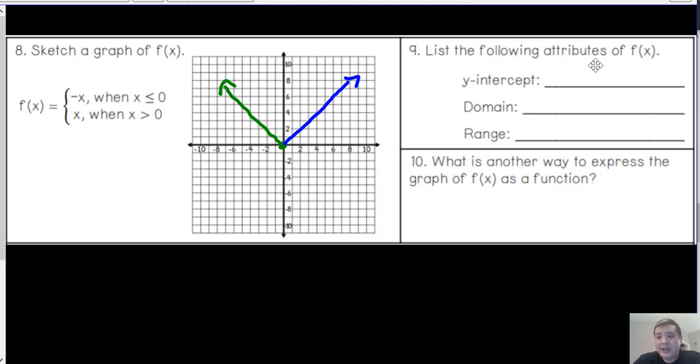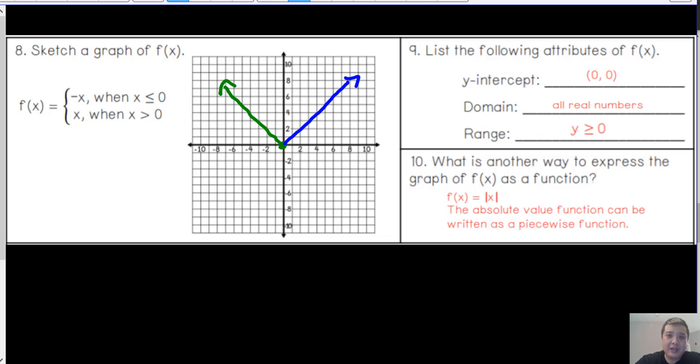It says list the following attributes of f of x. We have a y-intercept of (0, 0), a domain of all real numbers, and a range of y greater than or equal to 0. Notice how this function actually, and we saw this in your homework or the classwork the other day, is actually the same thing as f of x is the absolute value of x, because if we were to